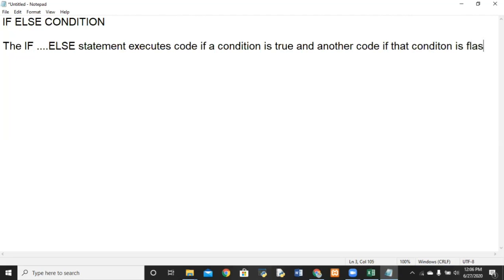What does this mean, students? The if else statement executes one code if a condition is true and another code if the condition is false.